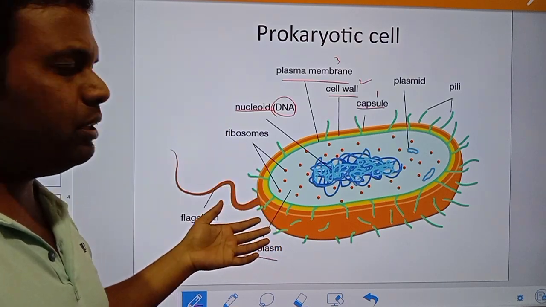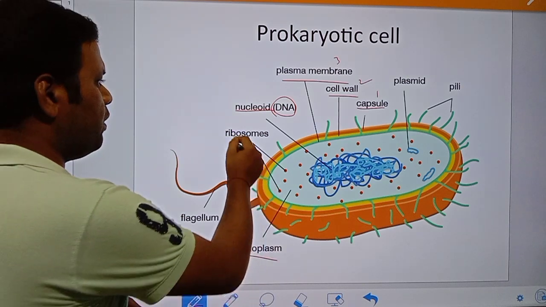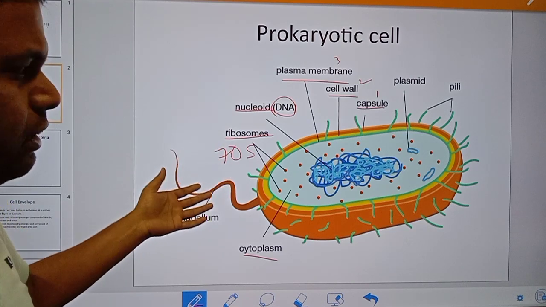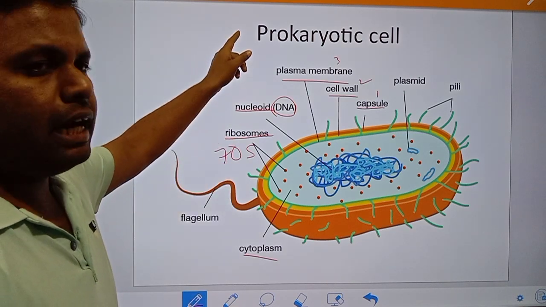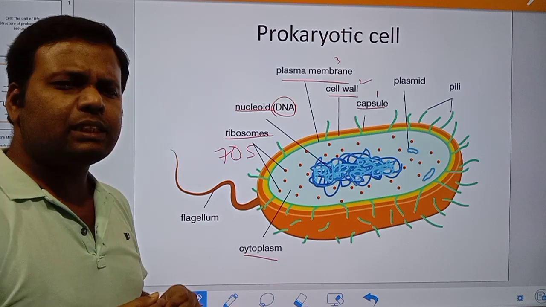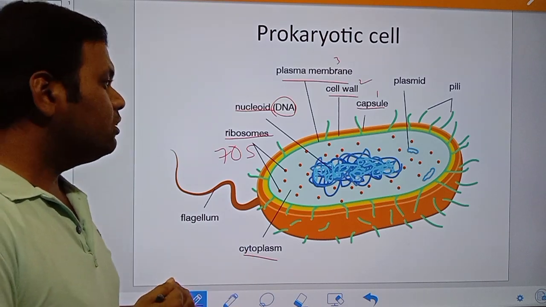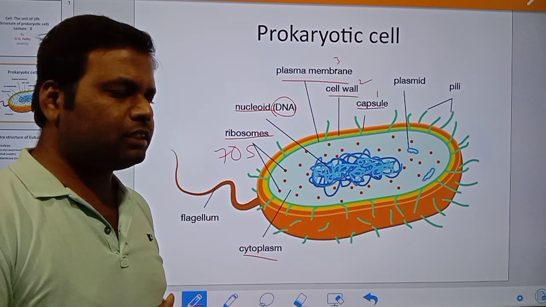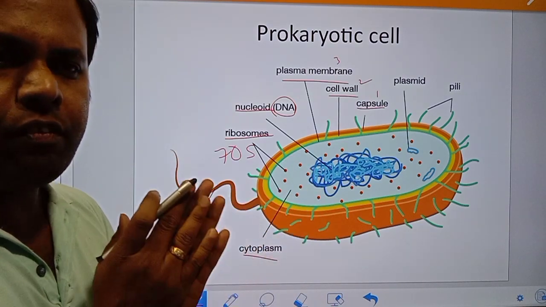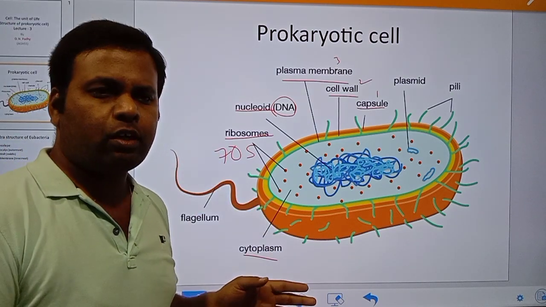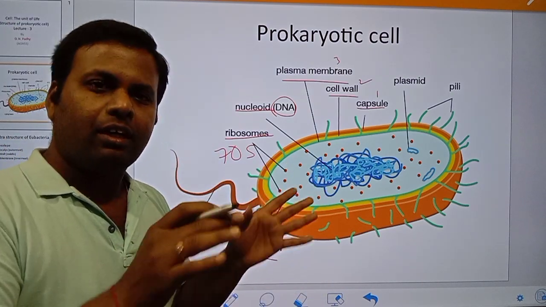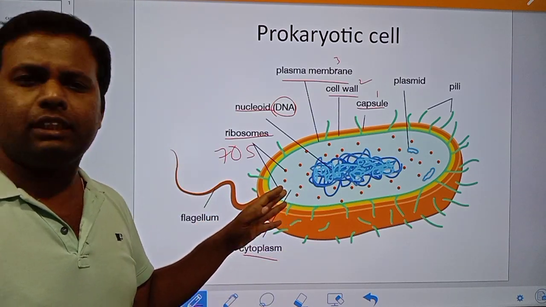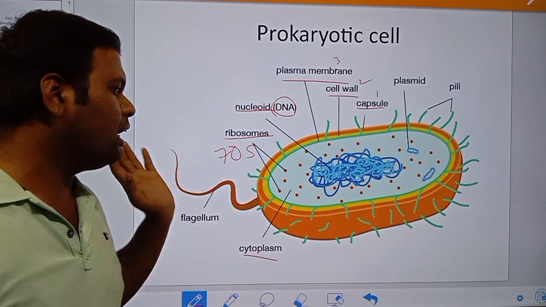Then the other component present in this cytoplasm is the ribosome, which is the 70S type of ribosome. Last time we said that the prokaryotic cell contains 70S ribosomes. That is the prokaryotic ribosome, we can say. Other membrane bound organelles are not present. You will not find any mitochondria, endoplasmic reticulum, or Golgi complex. No lysosome either; lysosome is also absent, because it is membrane bound. So the membrane bound organelles are absent here.